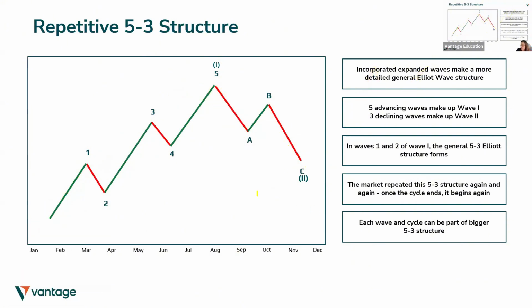And then they will say that in wave 1 and wave 2 of wave 1, it generates the 3-5 wave structure form. The market repeats this 3-5 structure again; when the cycle ends, it begins again. So each wave and cycle can be part of the bigger 3-5 tree. So here,